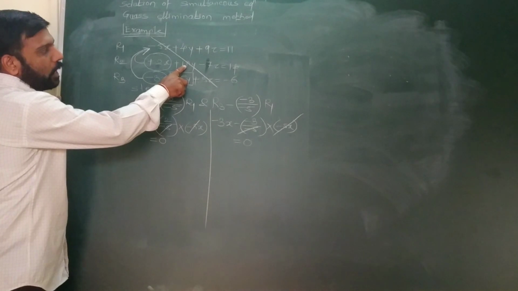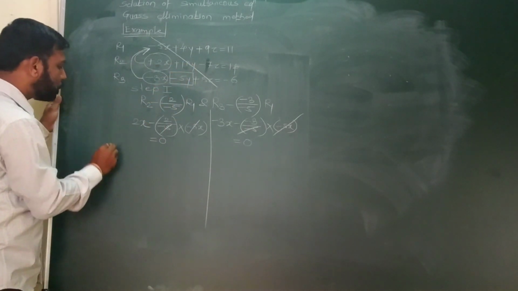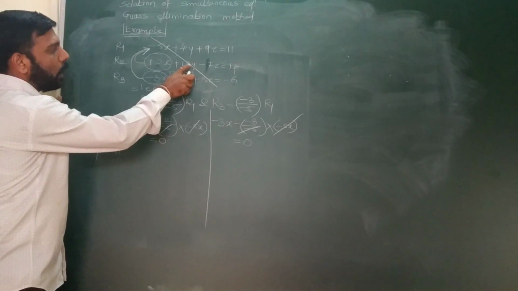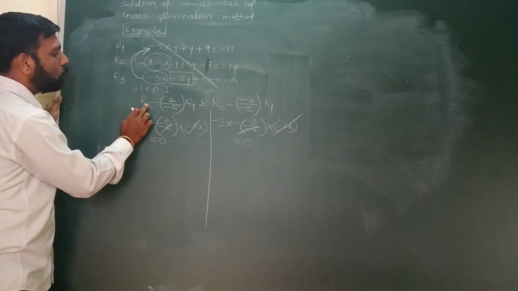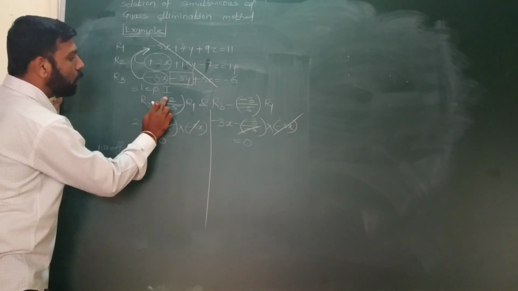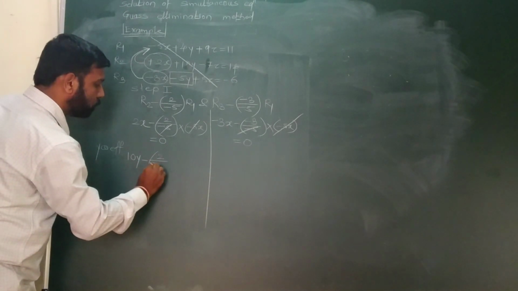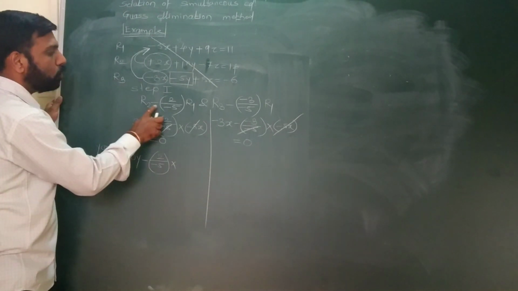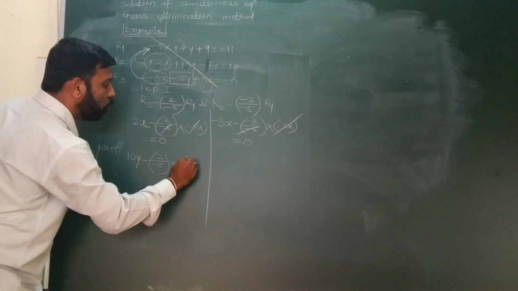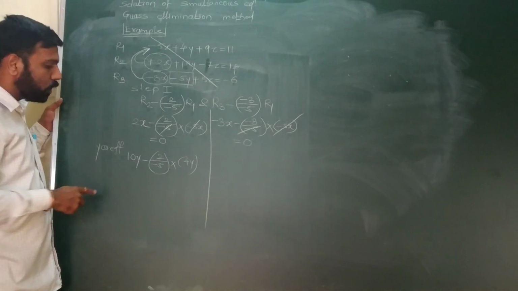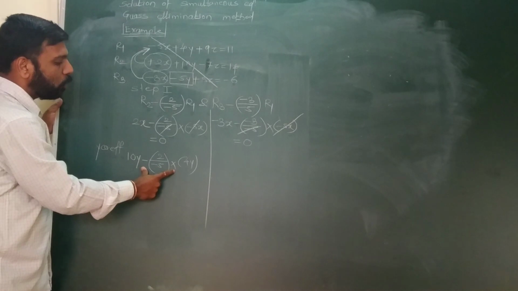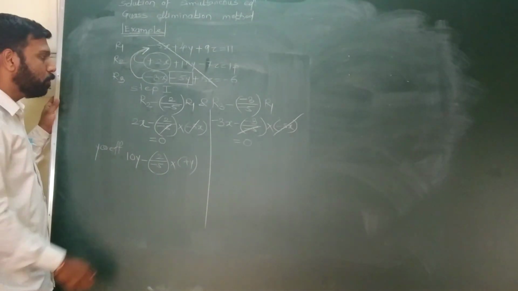One operation I will write down here for the y coefficient. How will we find the coefficient for y in this equation? So R2, 10y minus the multiplying factor into its R1 coefficient, 4y. So this is the operation for this position. We'll get some output and that will be written in that position.